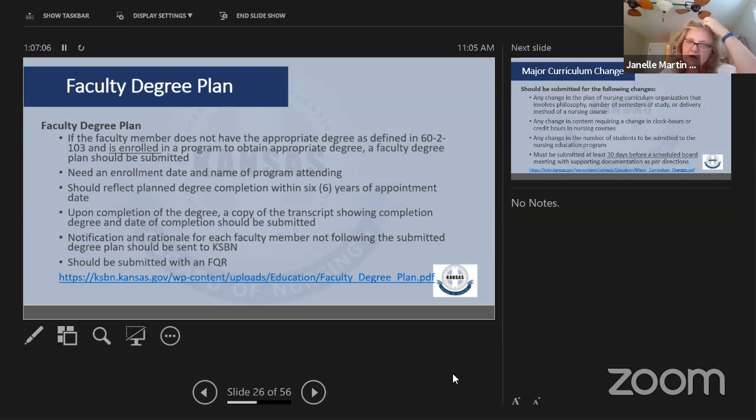And I also don't need you to send a transcript every time they update, but we do require one at least when they finish, or if they do sit out for a year or so, you need to submit the updated plan so we know, because it's going to change their graduation date, and we still want to make sure it's within that 6 years of hire.